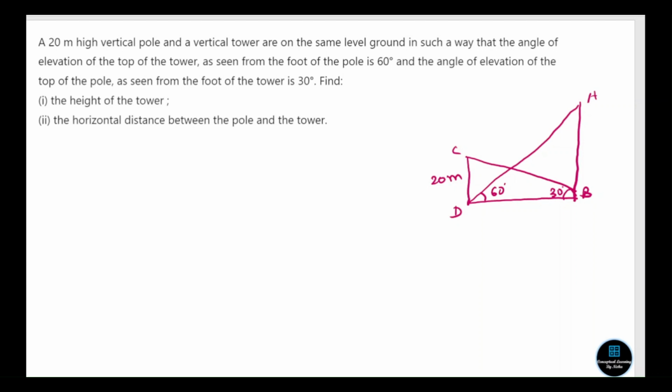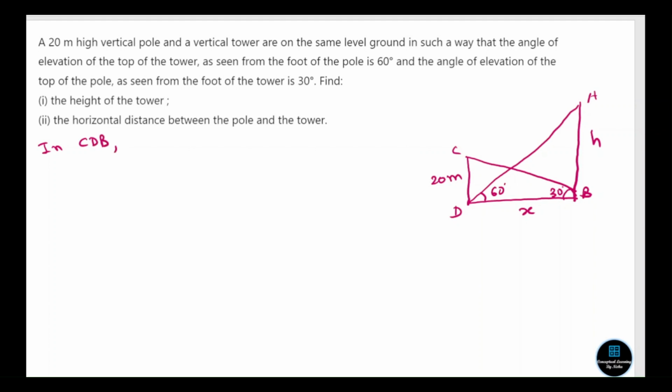Alright, now let's take this distance as x. Now we have two triangles and then we can find the height of the tower. Let's say this is h. So let's do it. Now it is easy. Once you make the figure, the question is easy to solve. Right? So we have two triangles. In triangle CDB,